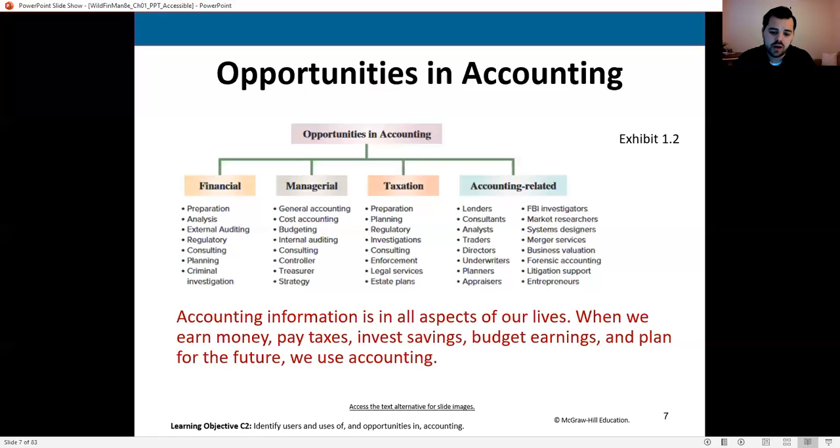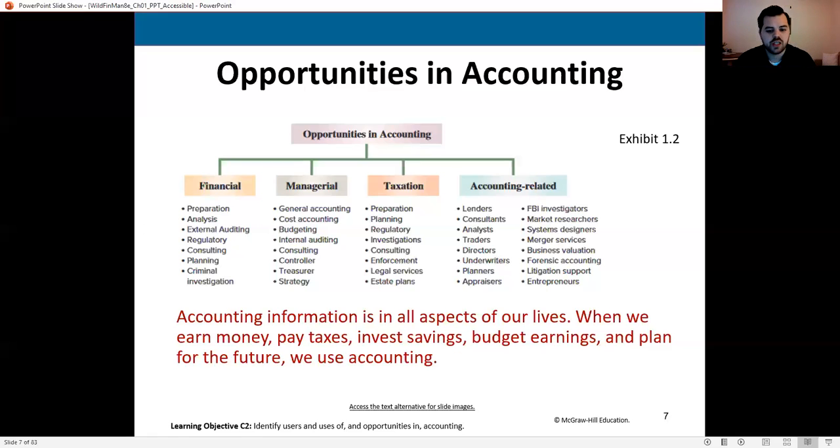If any of these interest you, if you have any questions about them, I will try to help you understand them in any way that I can. Just about me very briefly, I did do some tax work for a couple of years as a student, and then for a little while full-time after graduation before I moved into auditing for a little while, and then eventually I landed here teaching. So I do have a little bit of experience in both the taxation and auditing areas, although not a tremendous amount. But if you do have any questions, I'd be more than happy to discuss those with you.